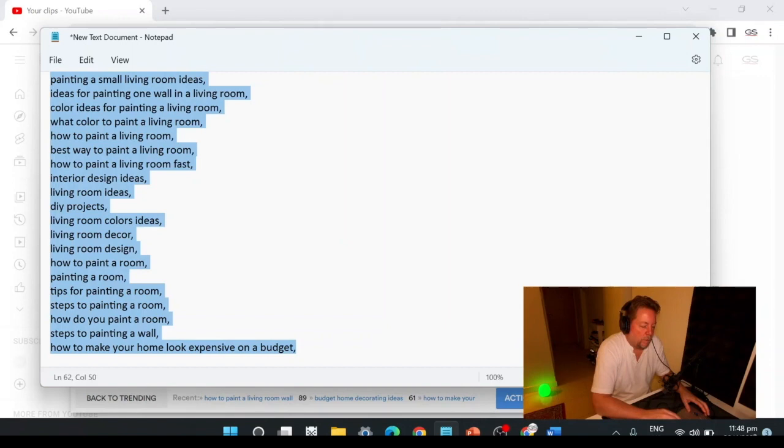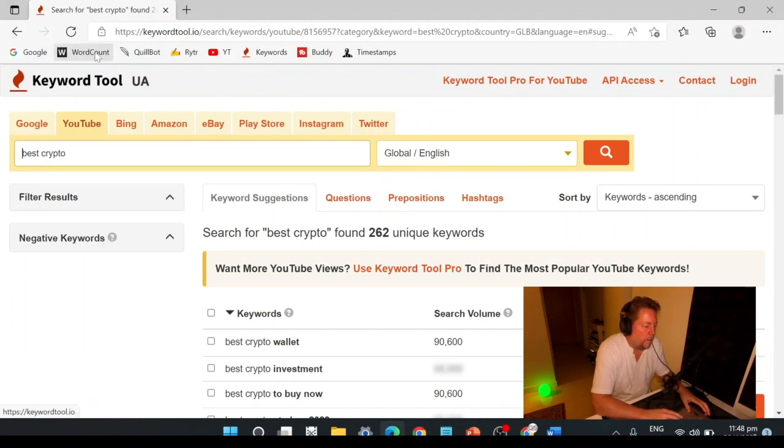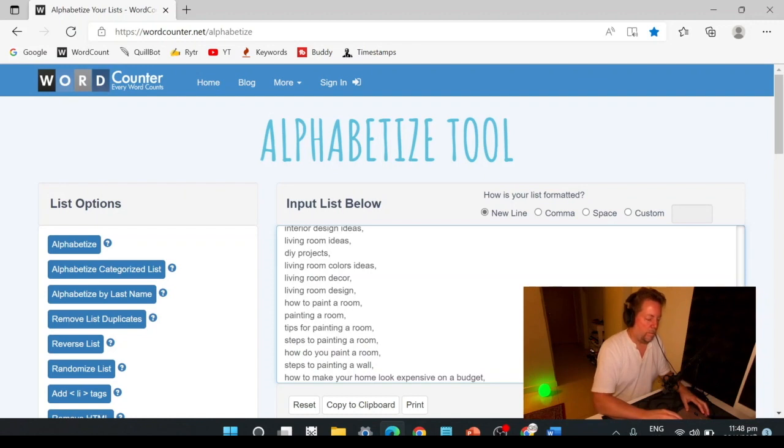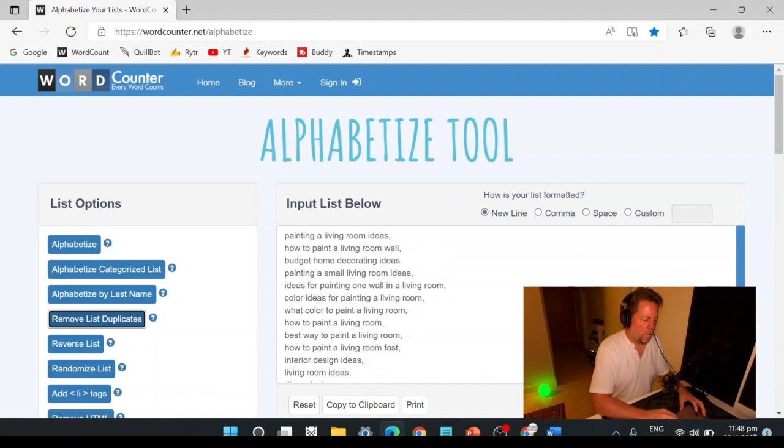So let's go back to our tool that allows us to, let me find it here. Okay, so we're going back to word count. All right, so we're going to take this list, remove list duplicates. There's no duplicates. All right, and then what I want to do, I want to make sure I keep these two at the top.